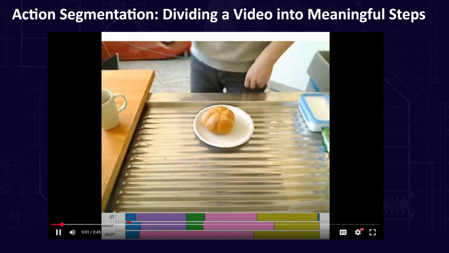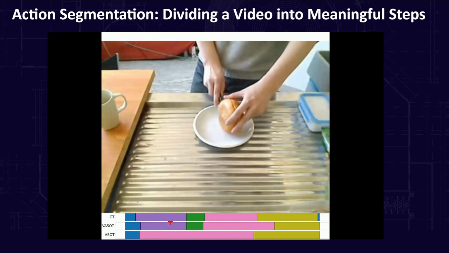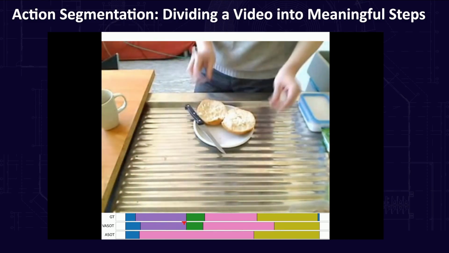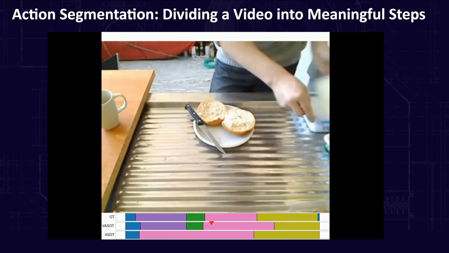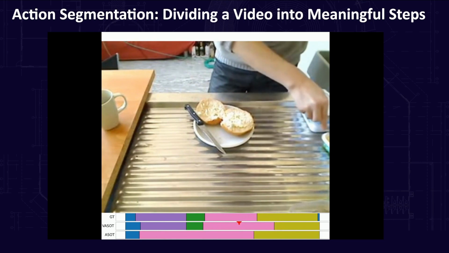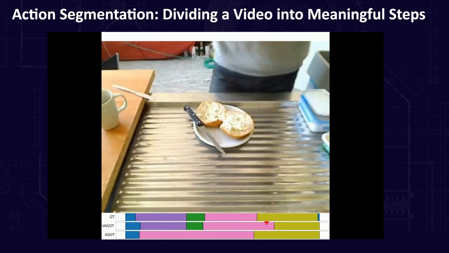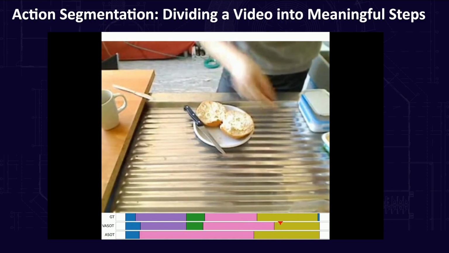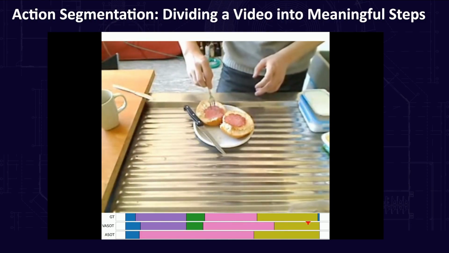Here we present our action segmentation results on a real-world task. At the bottom, we show the segmentation outputs, the ground truth, our model WASOT, and the previous state-of-the-art ASOT, respectively. Each color represents a distinct step in the activity, and the red arrow indicates the position of the current frame within the segmentation. As shown in the video, our model segments the actions more accurately and clearly than the previous